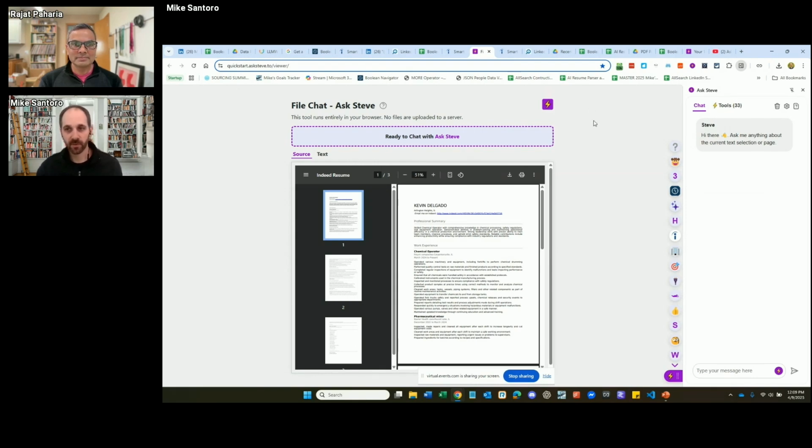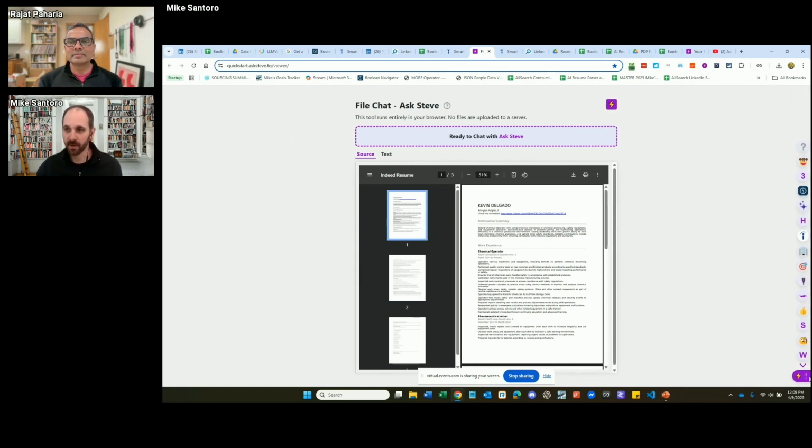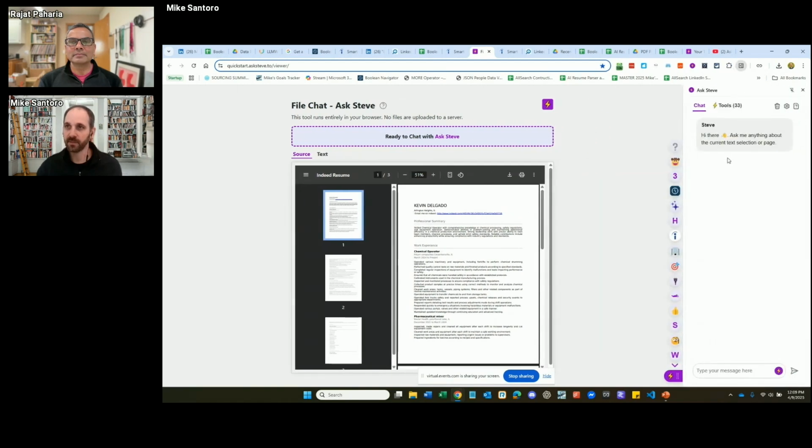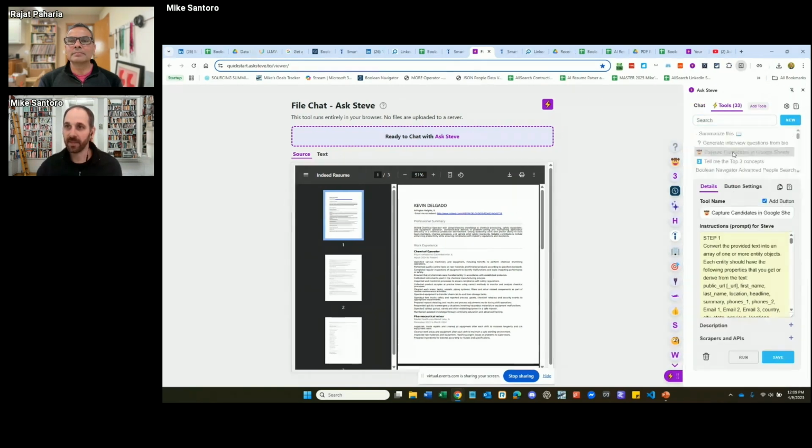There are a lot of other use cases, and you can build your own tool. So just to show you the back end of that tool, and I'll show you a couple other use cases that I've built for this. The back end of that tool for capture candidates, this is what it looks like. You go to Tools, and I will show you this too, guys. If I go to Add Tools,